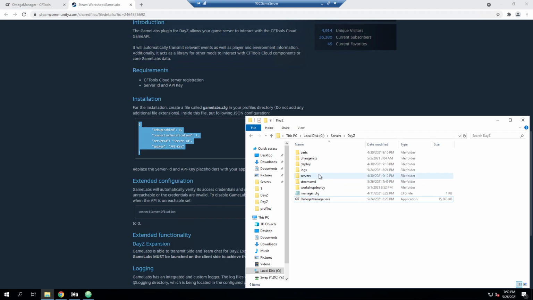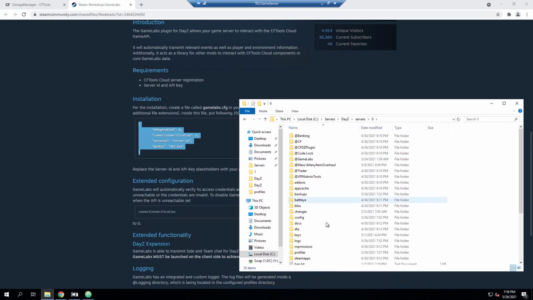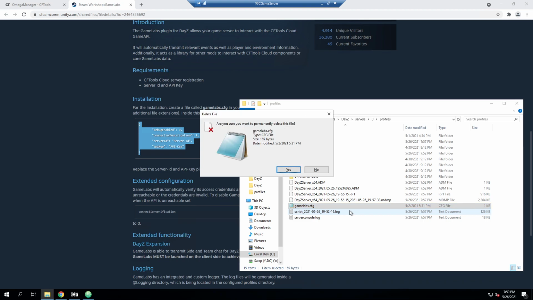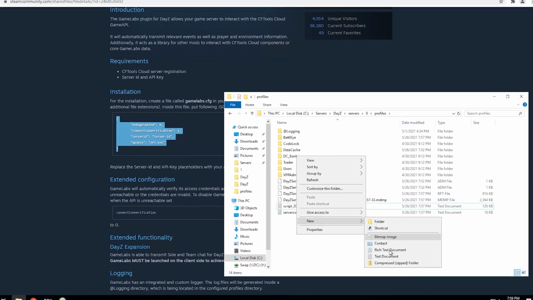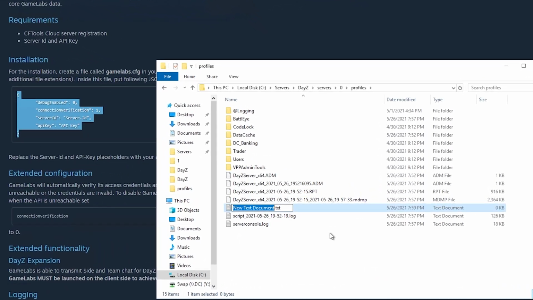And what we have to do is create a new file. So we're going to go into our server 0, profiles. And then in our profiles, you can actually see I had one here. I'm going to go ahead and delete that for now though. And we're going to go ahead and right click, new, file. And then what we're going to do is this needs to be named